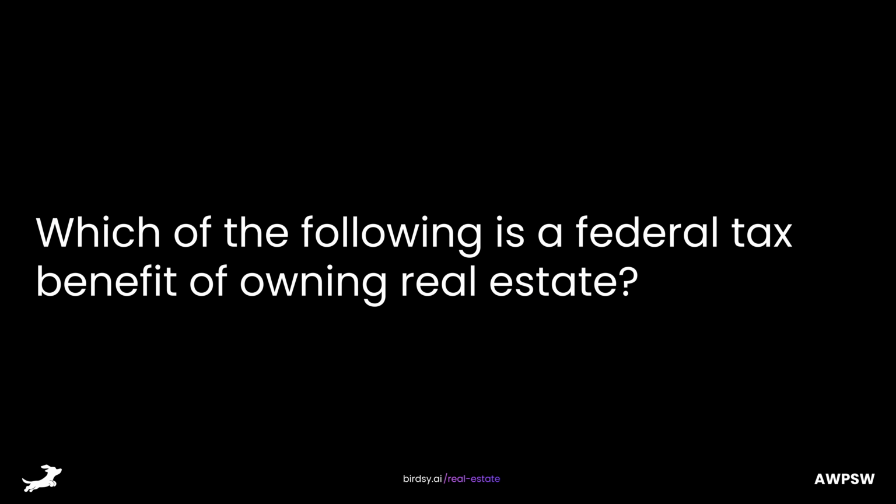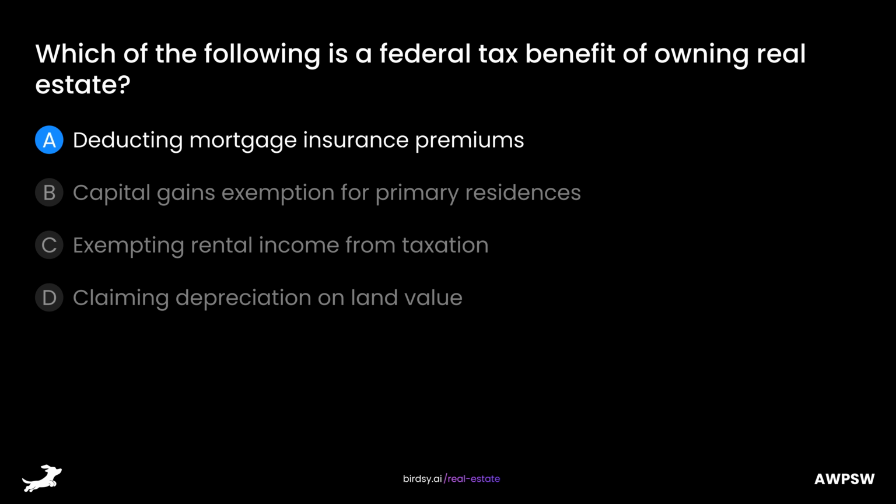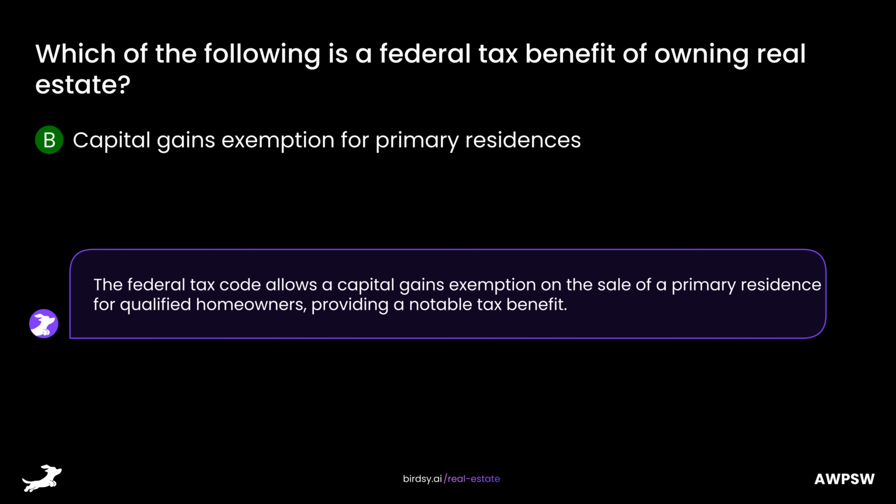Which of the following is a federal tax benefit of owning real estate? Is it A, deducting mortgage insurance premiums, B, capital gains exemption for primary residences, C, exempting rental income from taxation, or D, claiming depreciation on land value? The answer is B, capital gains exemption for primary residences. The federal tax code allows a capital gains exemption on the sale of a primary residence for qualified homeowners, providing